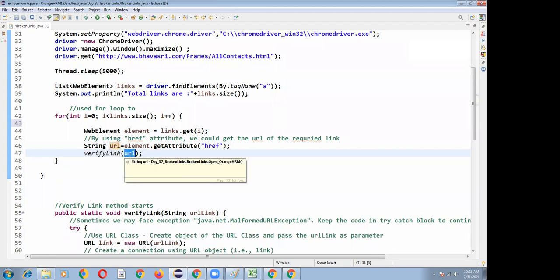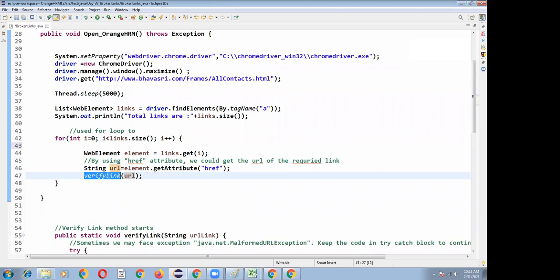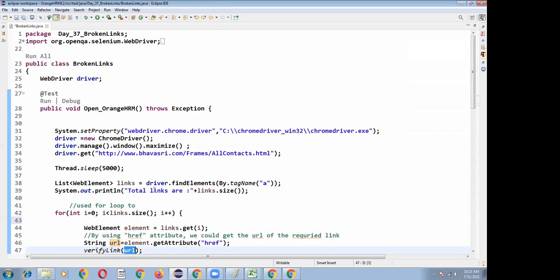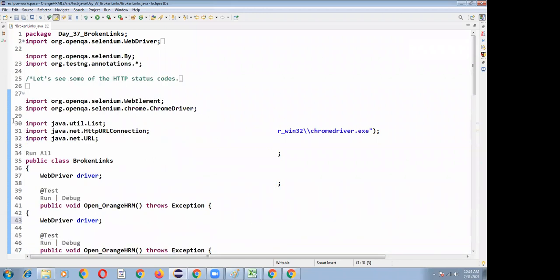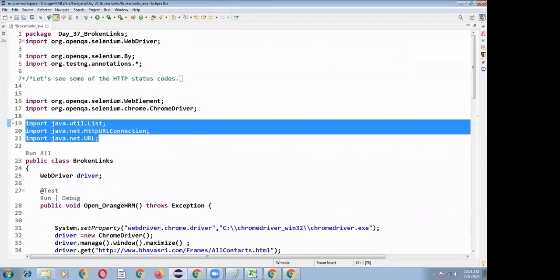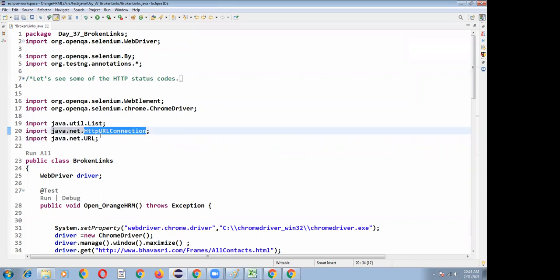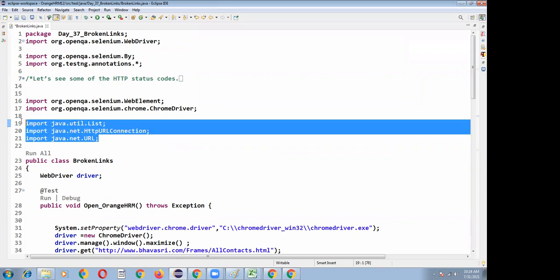Now let's see the code written to evaluate whether a URL is working properly. In Java, we have supporting classes for this, and these are not from Selenium: java.net.HttpURLConnection and java.net.URL.